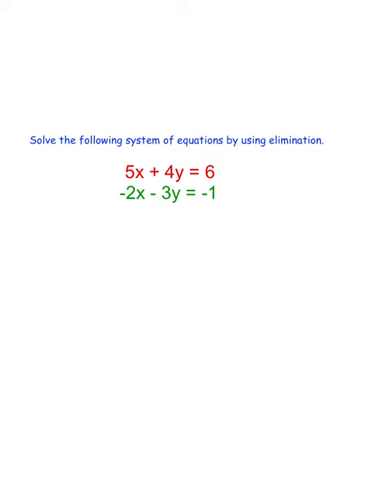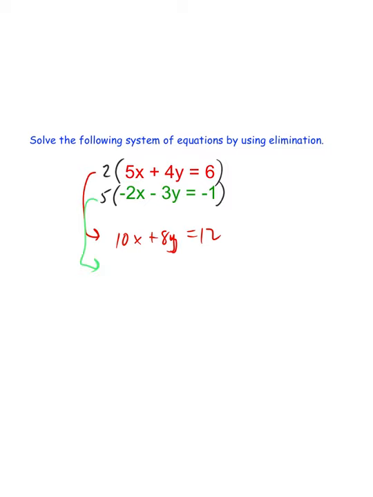And so I'll just take this top one and double it, and this second one and multiply it by 5. And now I would rewrite this. Again, it's all about making these offset, but the x's or the y's aren't going to offset here by just manipulating one unless we multiply it by a fraction, which just makes our work that much more difficult. So my red equation now is 10x plus 8y equals 12. Again, I just doubled it all. My green equation